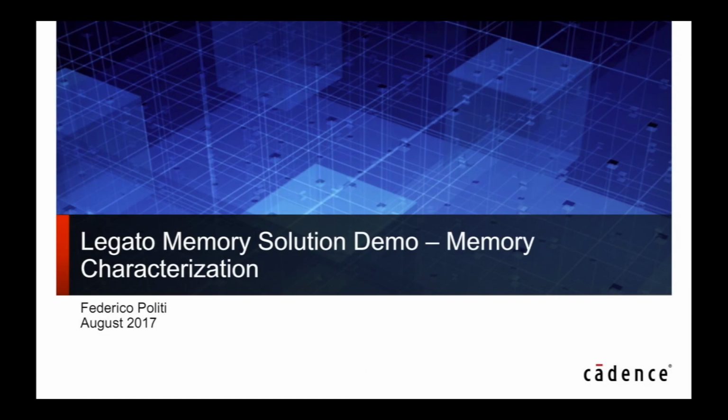Hello everybody, my name is Federico Politi and I run R&D for Characterization, and today I want to introduce to you the Legato memory solution and give you a demo, and specifically on the memory characterization portion of the new